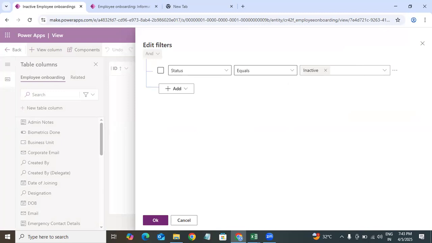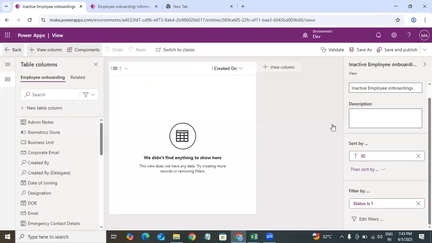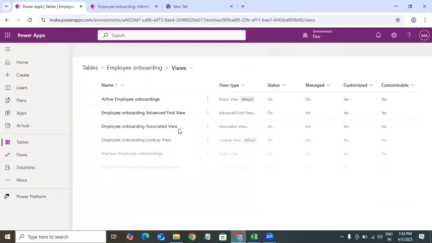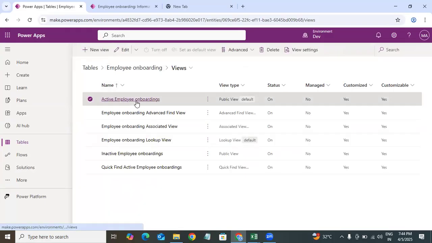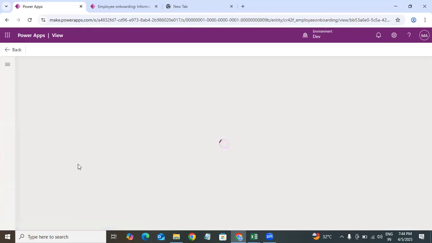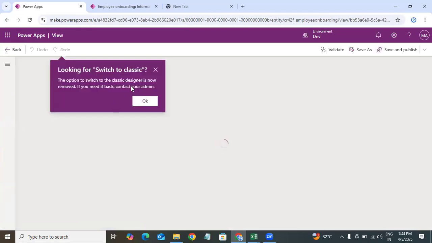Same as in SharePoint, where we have views which we can create, same by adding filters, we can create views here. And the quick find view also, if we are using subgrids, there we will use this quick find active view. Okay. And I'll modify this, this is our public view, right? Even if you want, I can create a new view, but I'll use this Active Employee Onboarding view itself. Okay. If I go here,